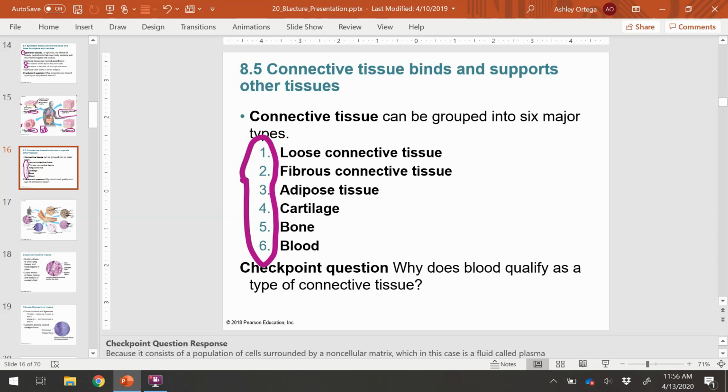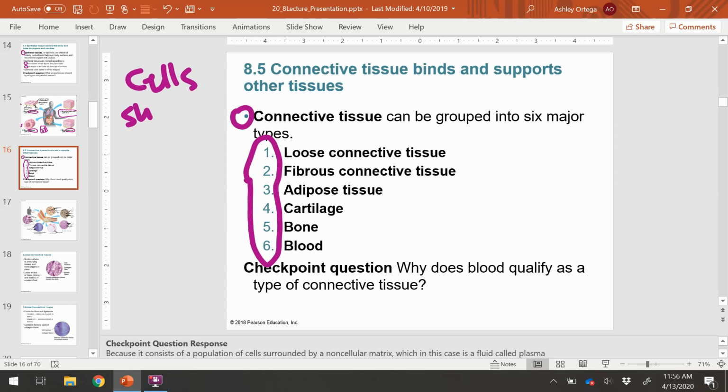And so all these will qualify as a connective tissue because they have cells that are suspended in some type of fluid. And so that's what unifies connective tissue, are cells suspended in a type of fluid. And so it's a very vague classification because connective tissue has a lot of different types